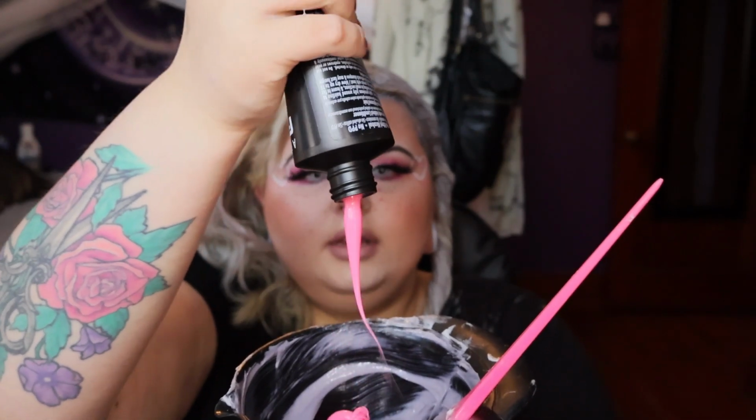And I guess this is going to get diluted just a little bit because of the leftover color that's in here, but we're going to go ahead and put